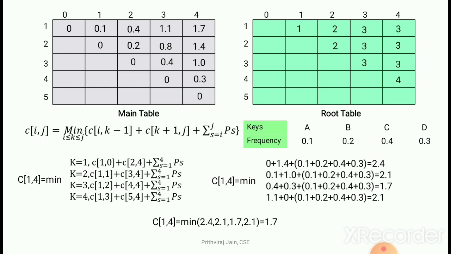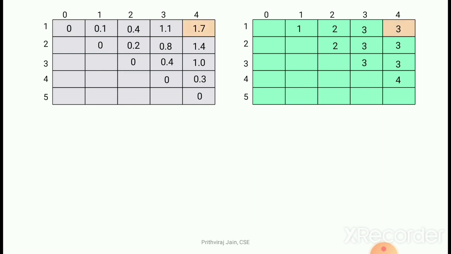That's all. We have filled all the values in the uppermost part of the diagonal. The solution, as we discussed, always lies at the topmost right. So 1.7 is the optimal solution that we got, with respect to the key value. The key value is 3.